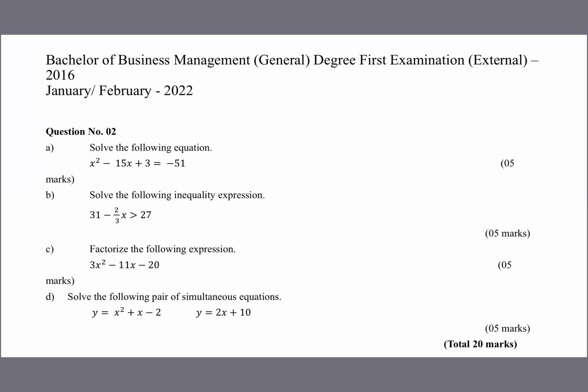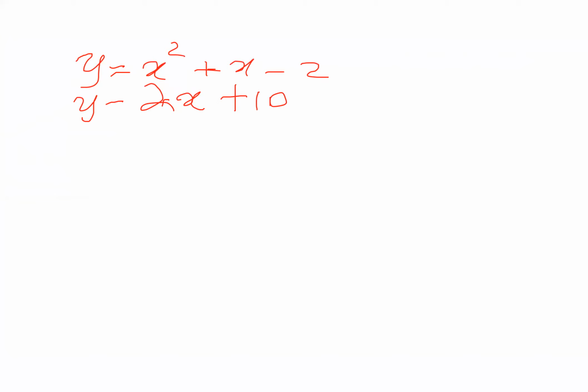That is the simultaneous equations. Solve the following pair of simultaneous equations. What are the equations? The first one is y equals x squared plus x minus 2. The other one is y equals 2x plus 10. This is also an easy question because in here you can see